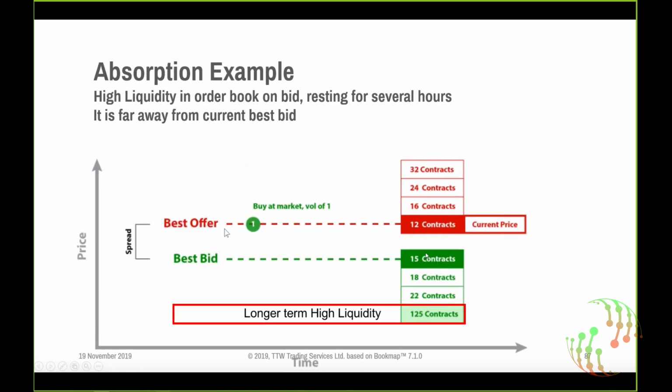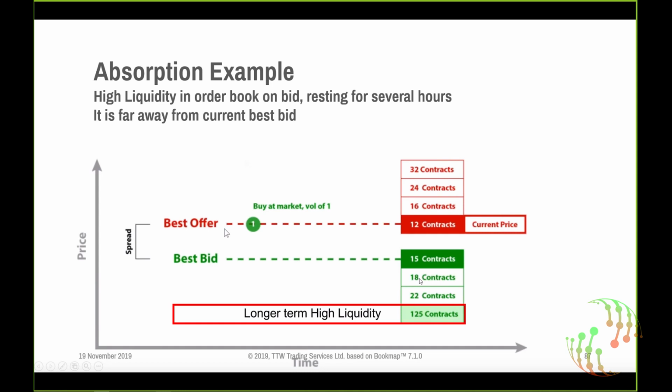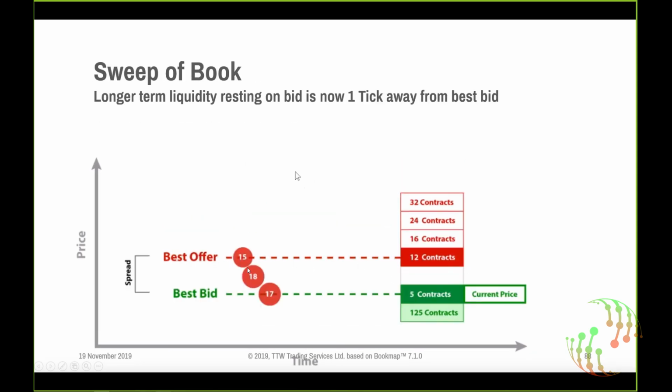That means we are trading through these contracts here, 15, 18, 22. When you are trading that, we have 5 contracts left before the long-term liquidity. 15 plus 18 plus 17 is 33, 40, 50. That means 50 contracts. So we have 18, 22, 40, 55 contracts here on the way down, sitting on the bids, and they are trading 15, 18, and 70 into the bids. So we have 5 contracts left. We are now 1 tick away from the best bid, from the long-term liquidity here.